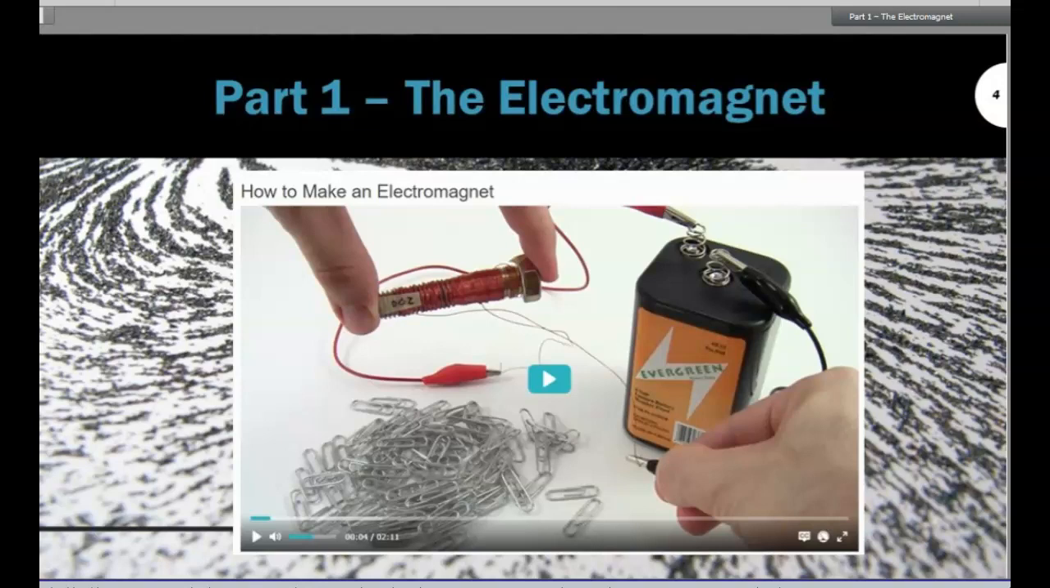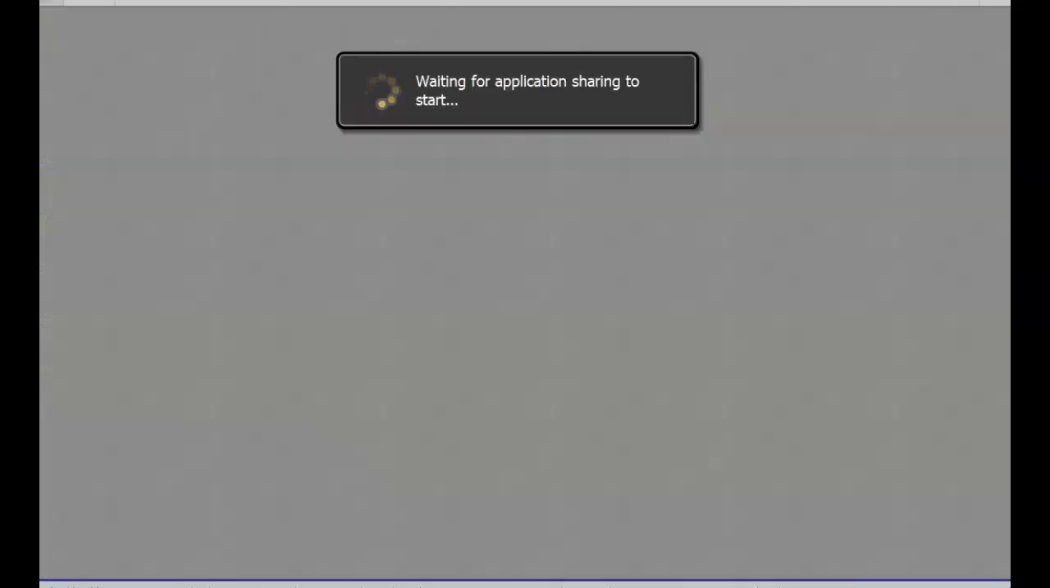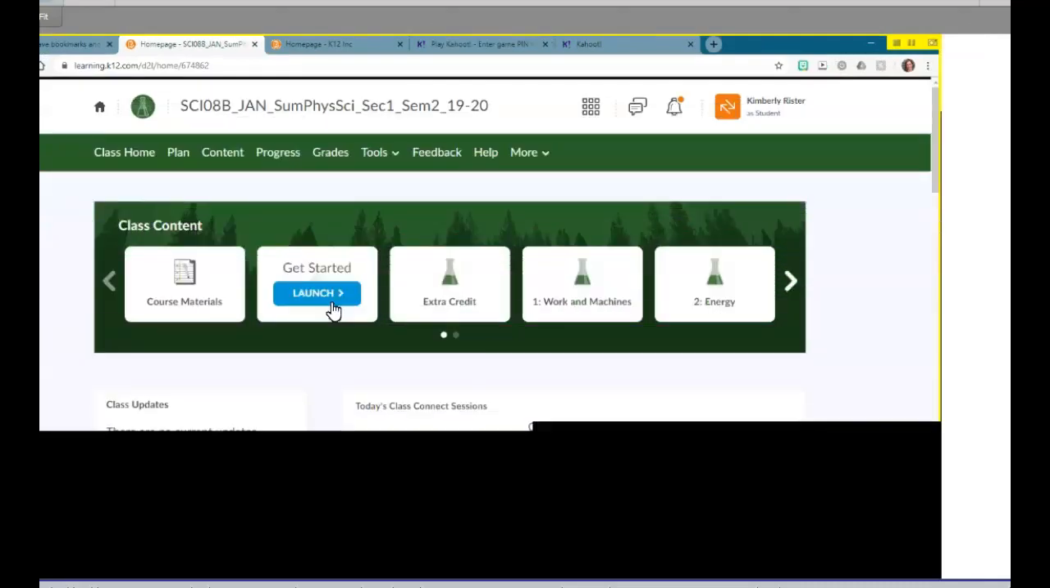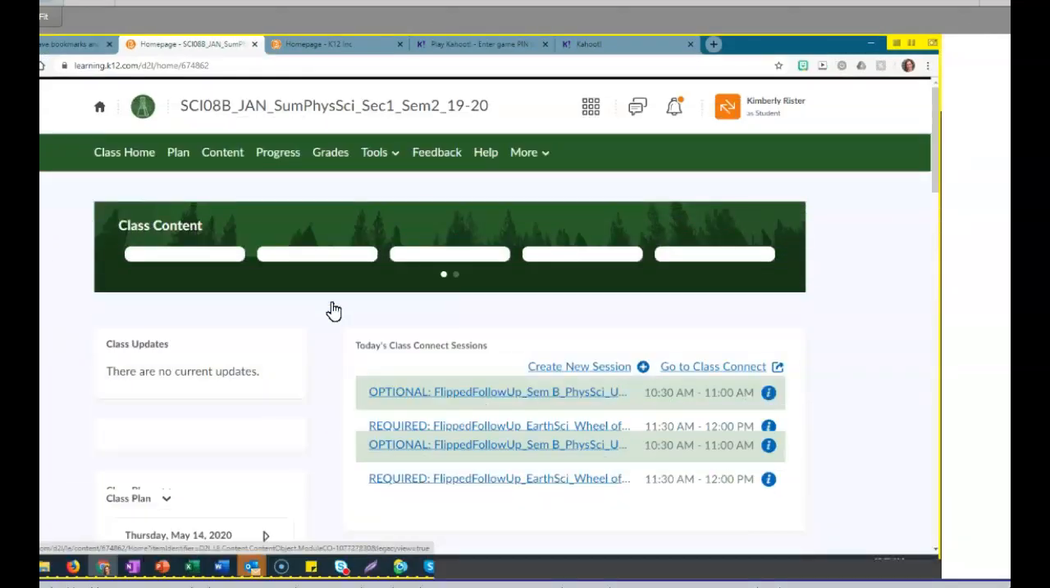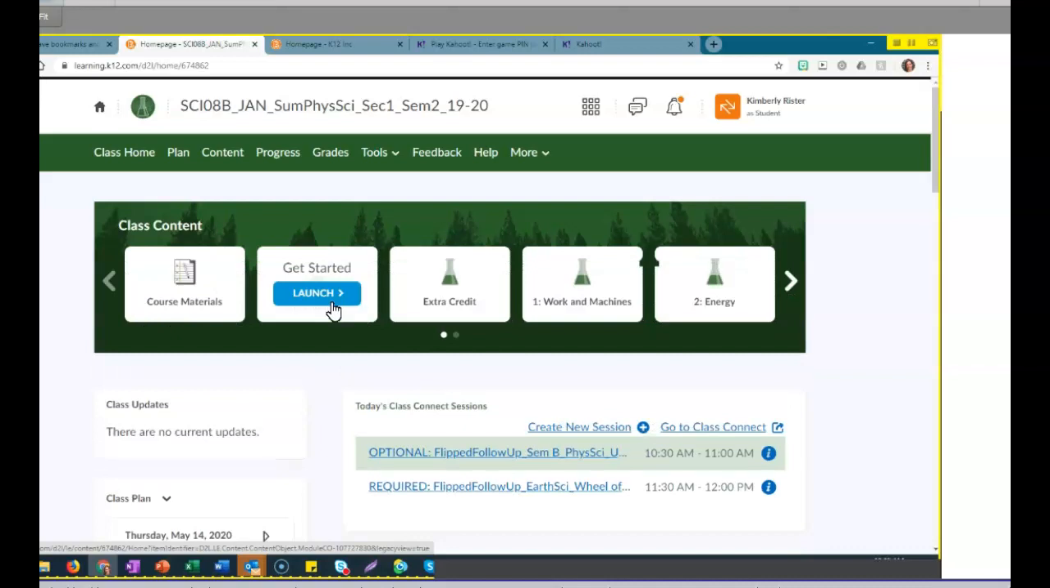So part 1 starts with the electromagnet. I'm going to share my screen with you to make sure you're able to see how we are getting to this point. This is the view of your science homepage, and I know many of you just work from the daily plan, so sometimes you don't know where to go back to get into the lessons to look at things again in case you need it. So if you log into your science homepage and you go to content,